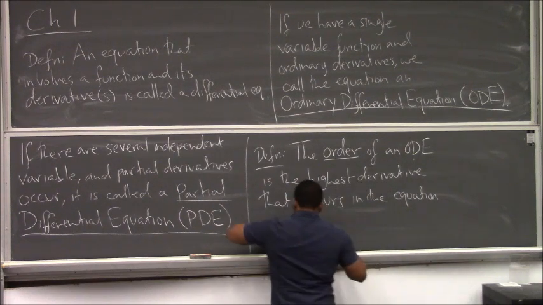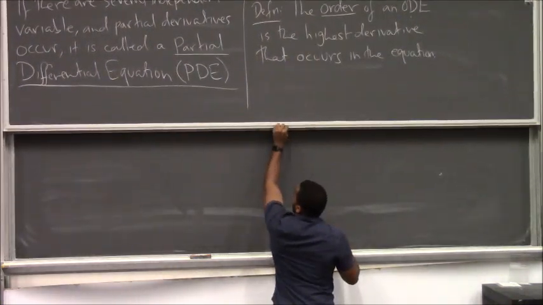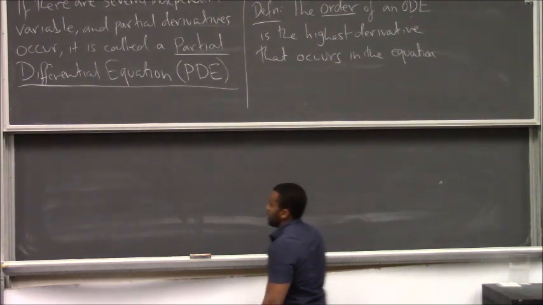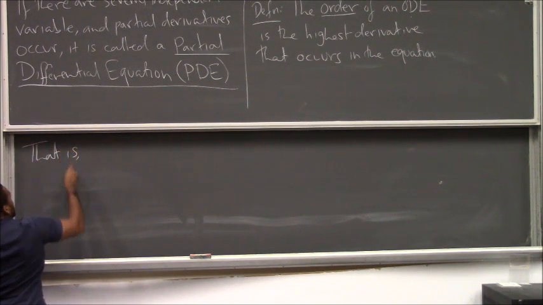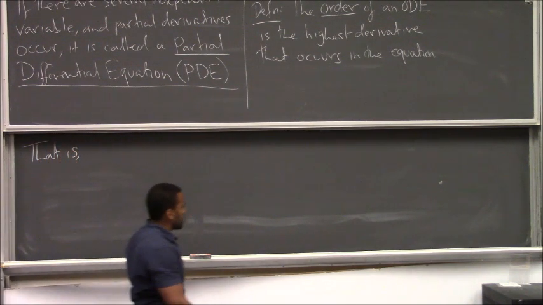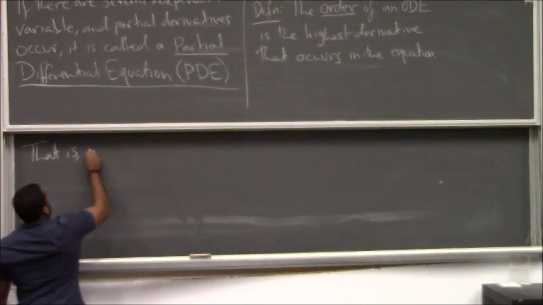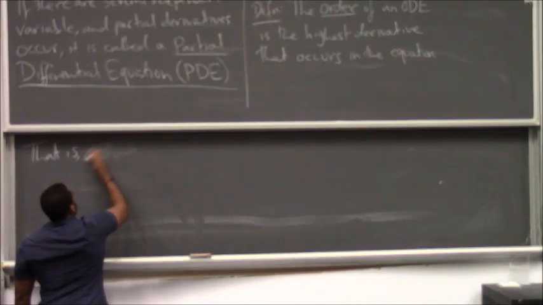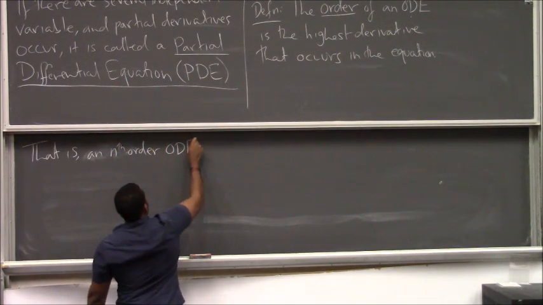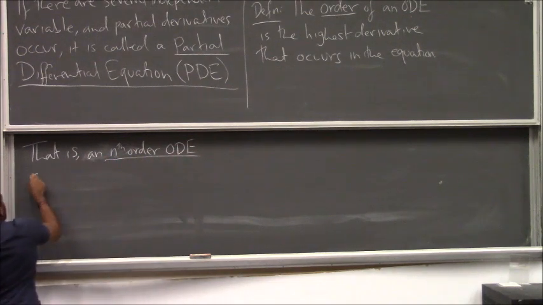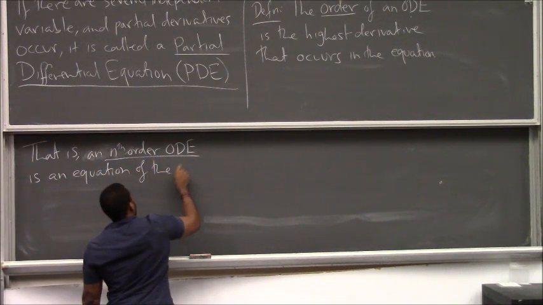Okay, so that being said, just to think of an ODE in more abstract or more specific terms, an nth order ODE is an equation of the form